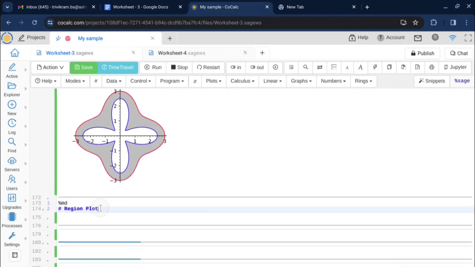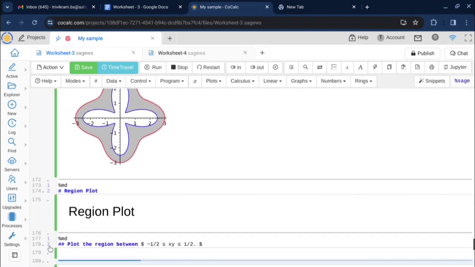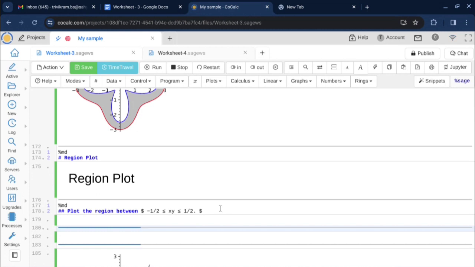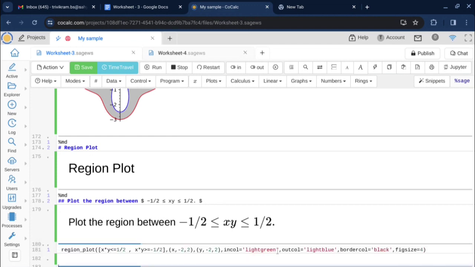Now region plot I am going to draw. So let us see the region plot. So I am going to draw the region plot of this curve, -1 by 2 less than or equal to xy less than or equal to 1 by 2. Here region plot I have taken as x into y less than or equal to 1 by 2, x into y greater than or equal to -1 by 2, and